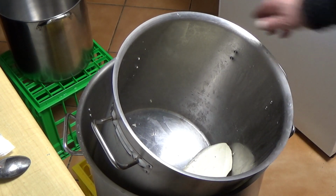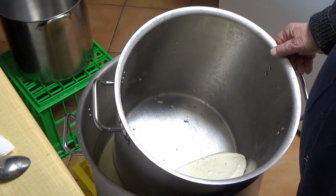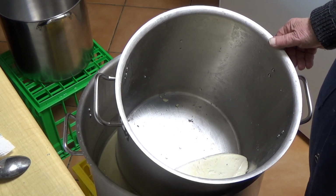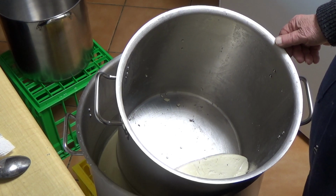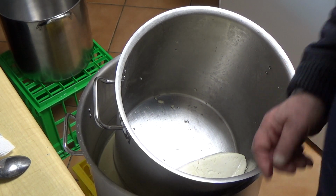Now, I flip them every 10 minutes for the first hour. Now I've got to flip them every half an hour for the next 2 hours. I thought this was going to be an easy one. This is the hardest one yet. So, when that's all done, I've got to put it in the